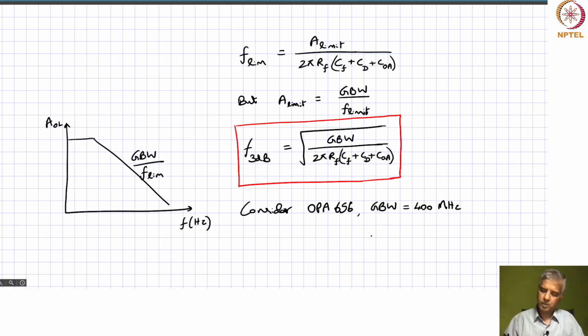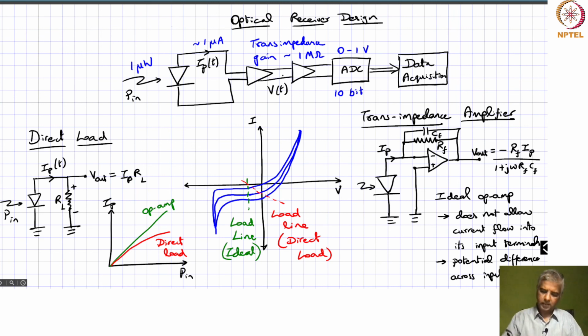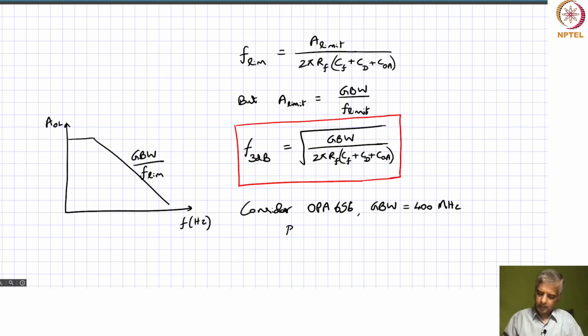Typically it's much lower than that. If we pick, like our example over here, a transimpedance gain of 1 megohm, so let's say RF is 1 megohm, and CF equals CD equals, let's say, 0.5 picofarad,